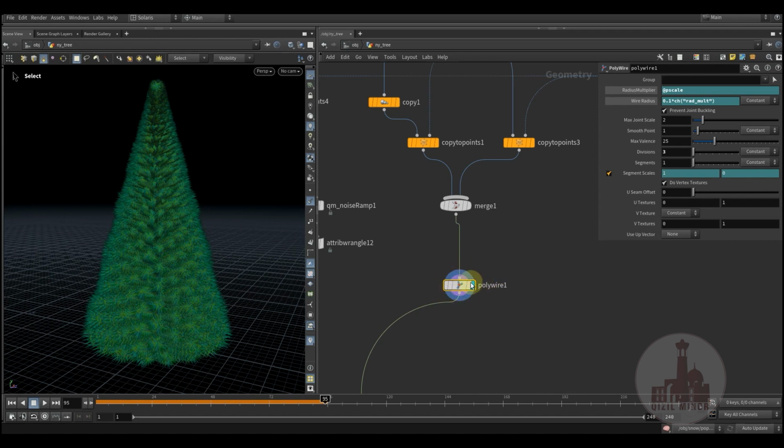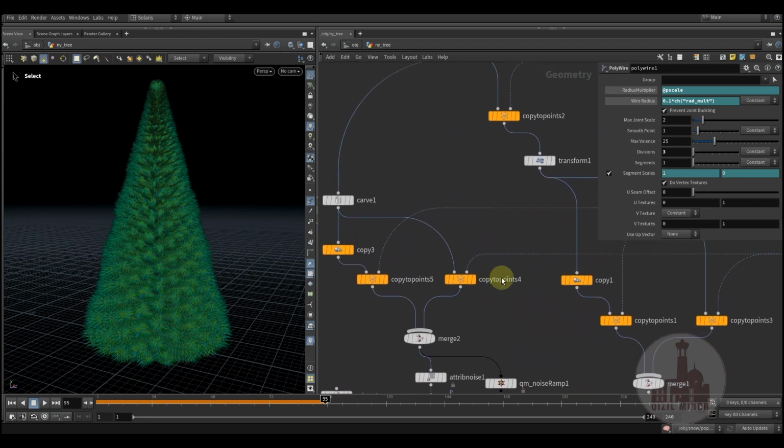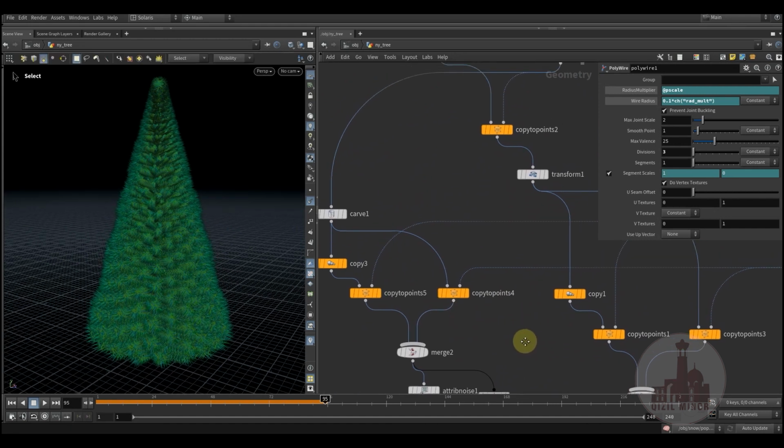I wouldn't go with the mesh if I was planning to render with Mantra, because Mantra actually renders splines. I think modern renderers also do that type of job, but okay, I decided just to go with the mesh this time until I learned Karma